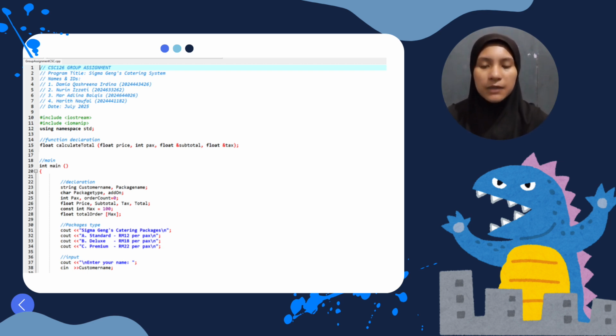This will be displayed on the screen to give the information for the customer about the package type that are being provided by the Sigma Games Catering. We have Sigma Games Catering package. Then next line, new line, out A for standard, which is 12 ringgit per packs, and then new line, out B for deluxe, 18 ringgit per packs,